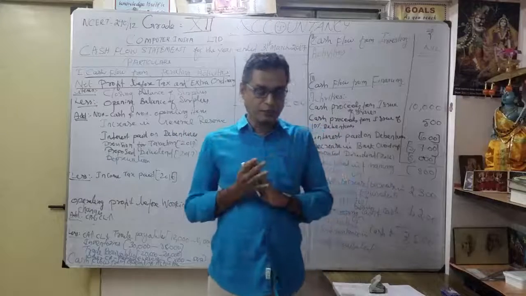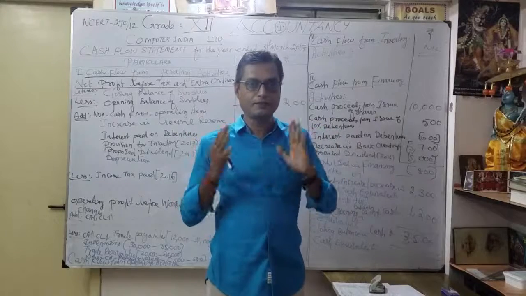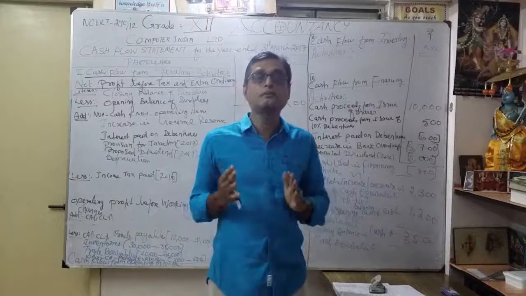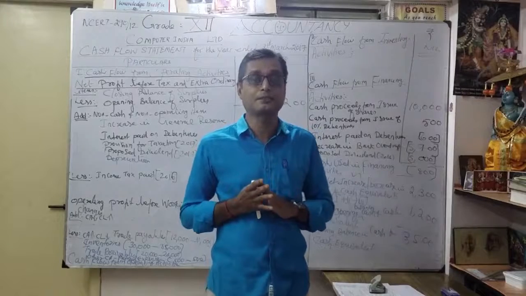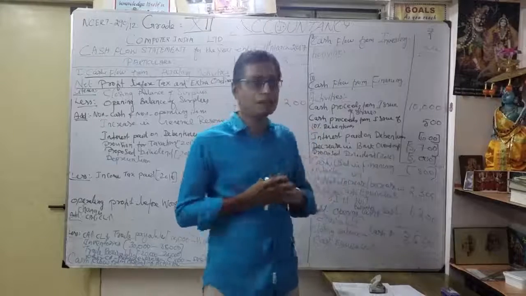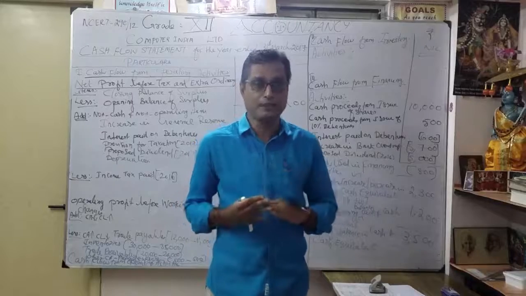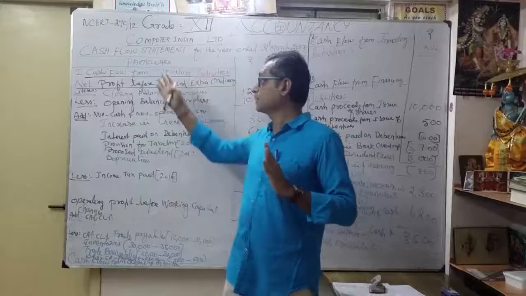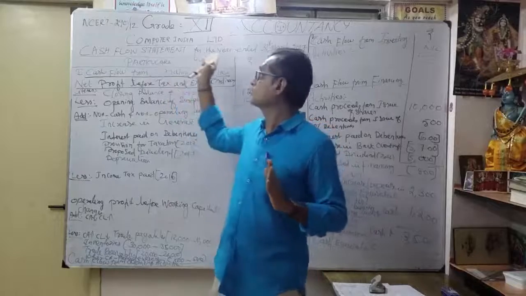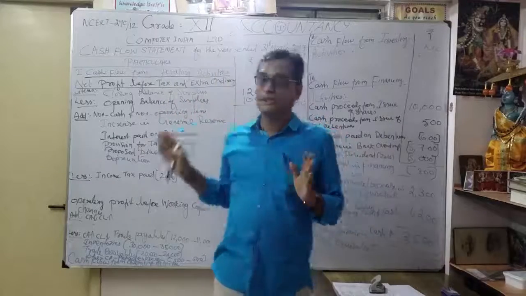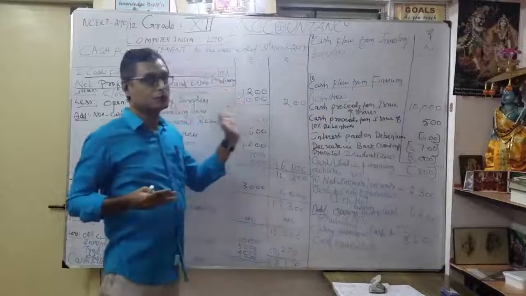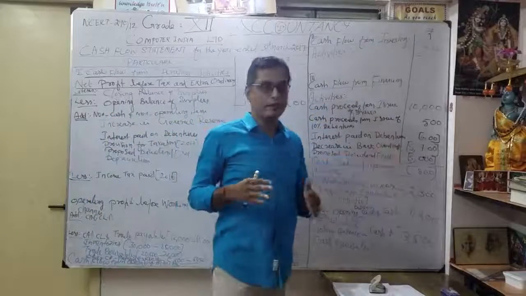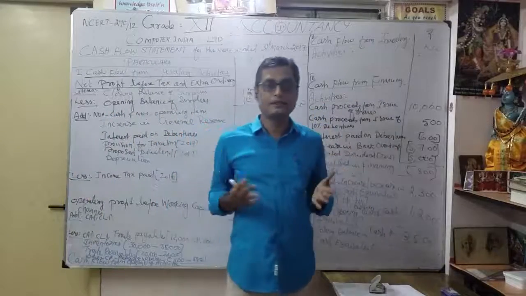Our duty is to identify which activities the items come under, thereafter how to prepare the cash flow statement. That is very important. That's the process, how you are travelling through the problem. First of all, you draw it like this, make the heading with everything, the company and which year. Write it. Then particulars, then make two columns. We have only one column. After that, you identify the activities.